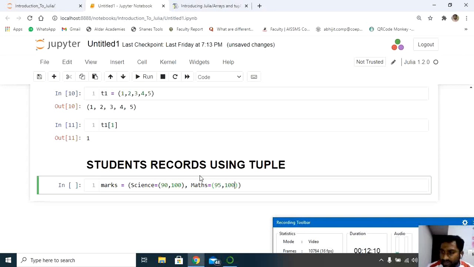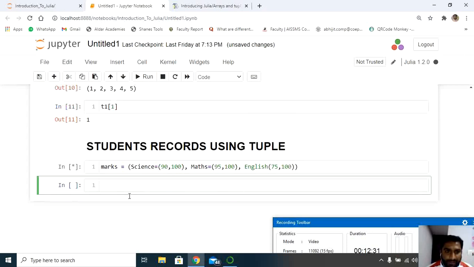In the same way, let's have one more subject, let's say English. The student has scored 75 out of 100. That means this 75 and 100 we cannot change in the tuple technique. Let me store these values in the variable called marks here.